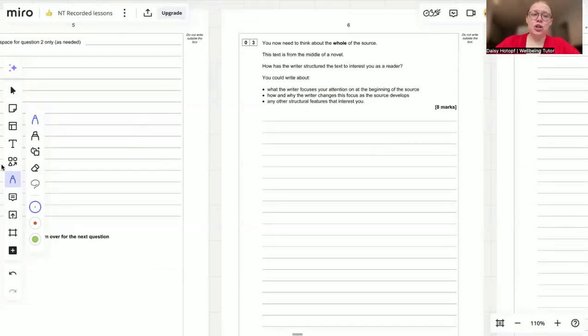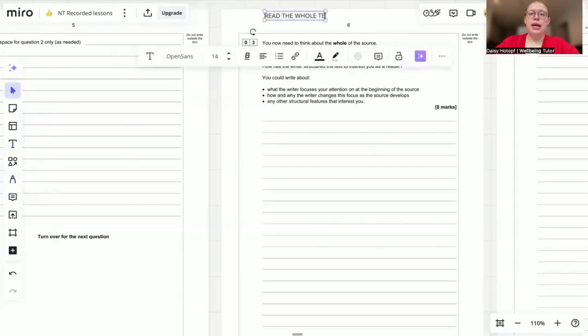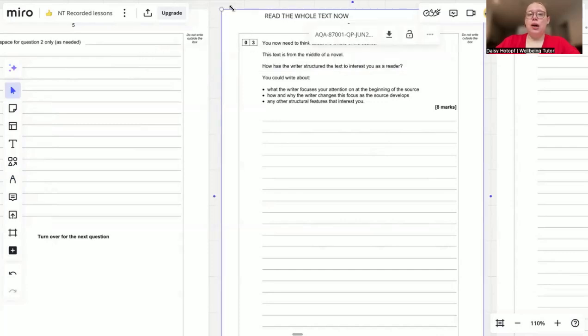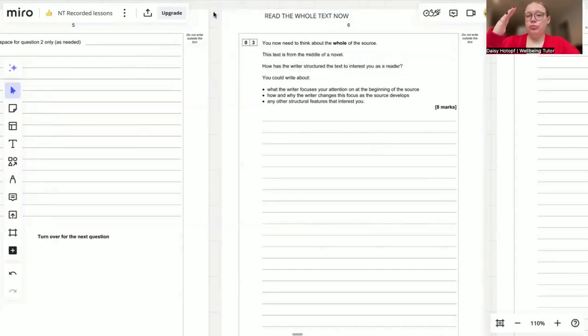So at this stage, you want to read the whole text, right? You want to read the whole text now. Once you've read the whole text, you want to be thinking about how are they using the structure to interest you as a reader. Now, again, we're going to go into some more depth in the courses, but structure is one that I think students find quite difficult because usually language, metaphors, etc., tend to be the easier thing to